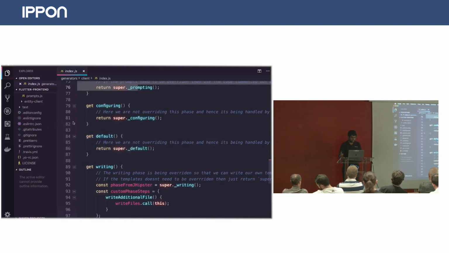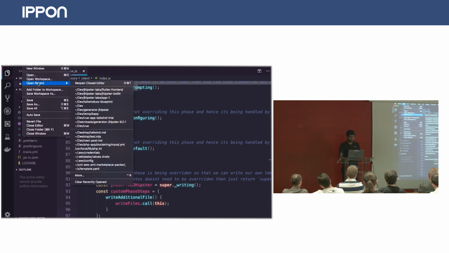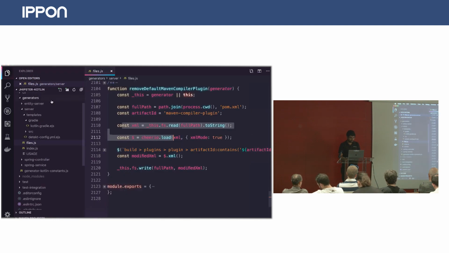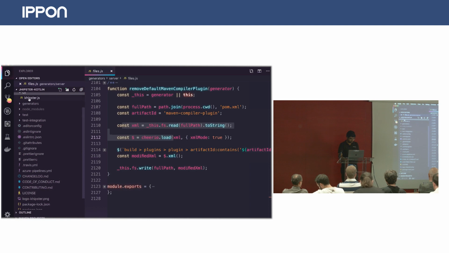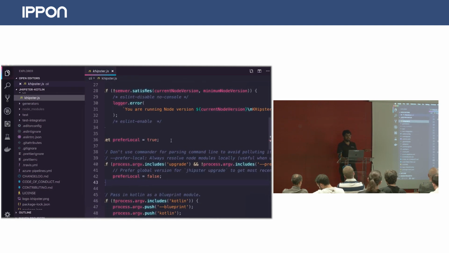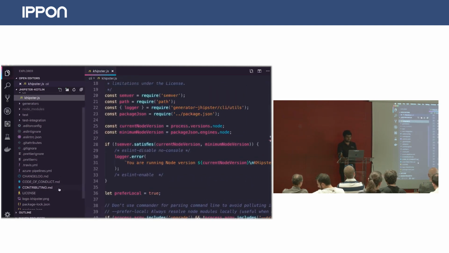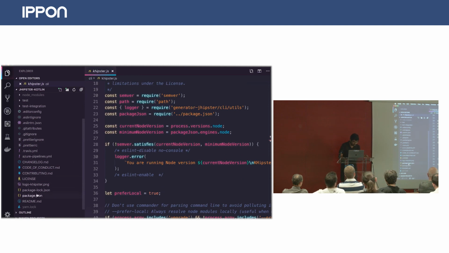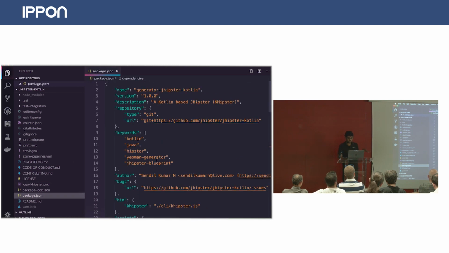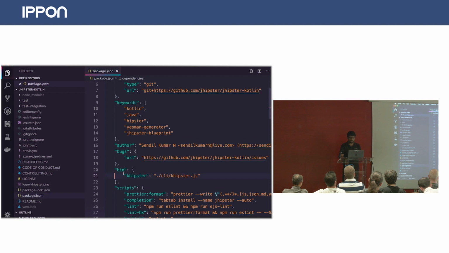But how can you write that CLI stuff? It's very simple. Just an index file. I'm just listing it as JHipster. The very first thing that you have to do is, in the package.json, you just have to say bin. It's a binary, and it points to this particular command value, and it points to this JavaScript file.